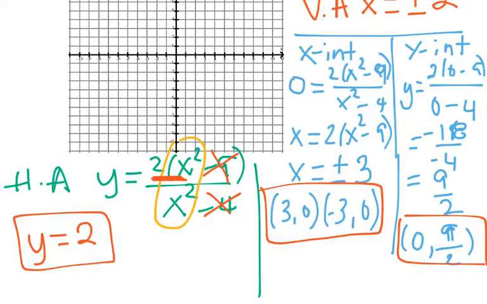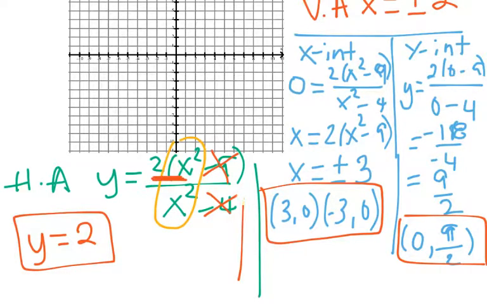Alright, so we've got domain, discontinuity, vertical asymptote, horizontal asymptote, and x and y intercepts. Now we're going to use the first and second derivative to determine increasing and decreasing intervals. Then we identify max and min and concavity. One is concave up and one is concave down. So we will look at,